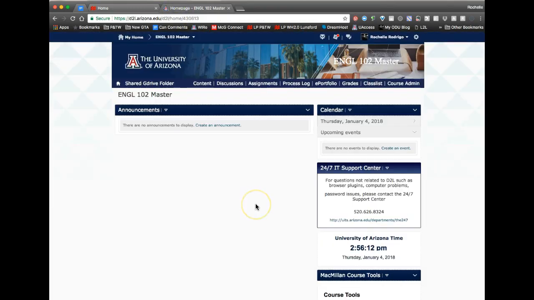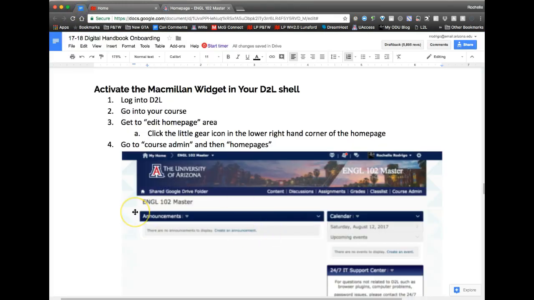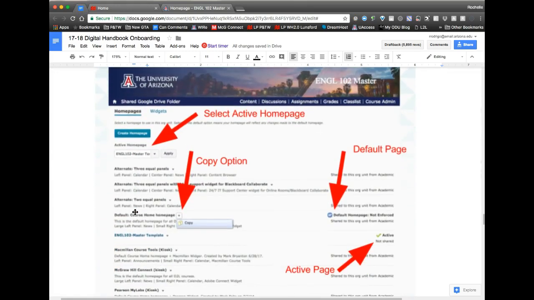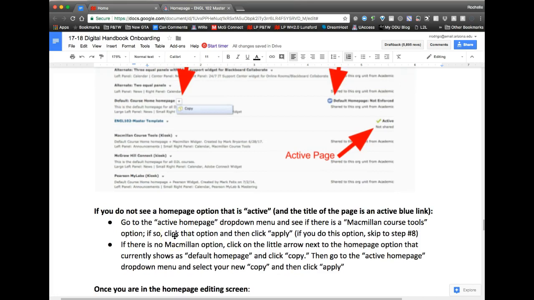So I'm in my D2L shell. I have the widget here. Let's say I didn't have this widget. Well, okay, I have the widget here. If you don't have the widget, you've got nice, lovely instructions here on how to activate that widget. I think I have another video for that. But you have walkthrough instructions. But the main thing is once you get that widget set up on this page, notice you have Getting Started. You click Getting Started,